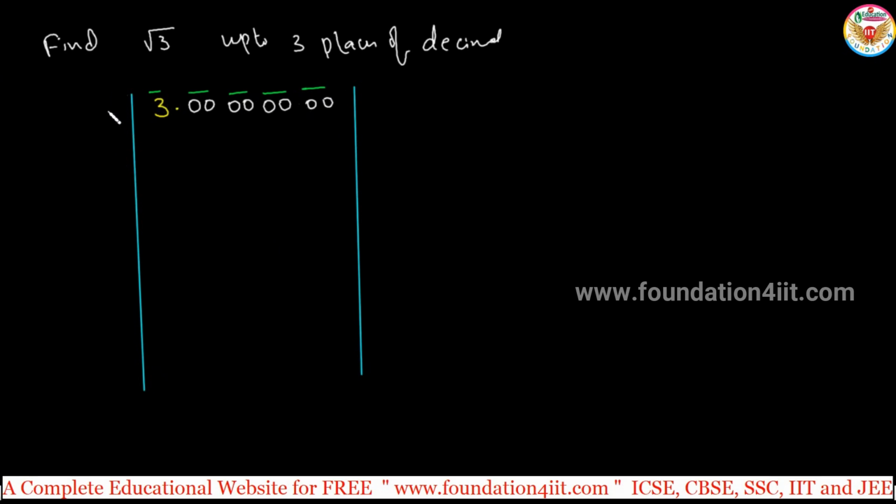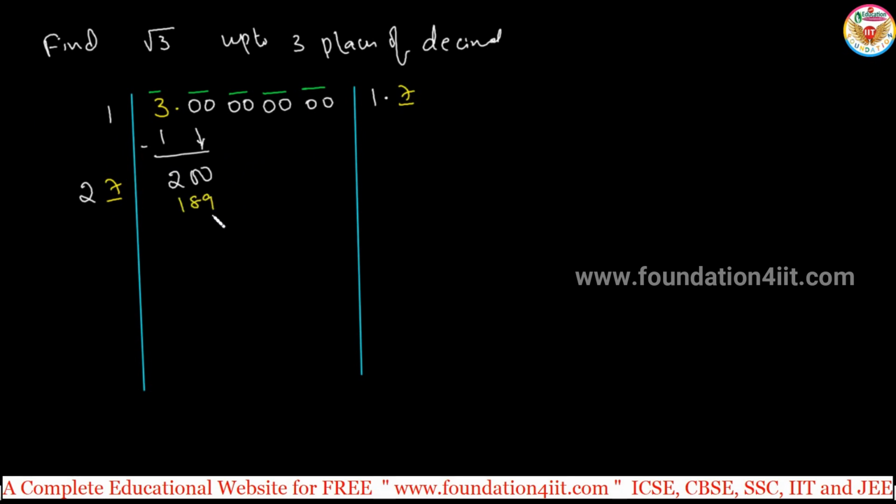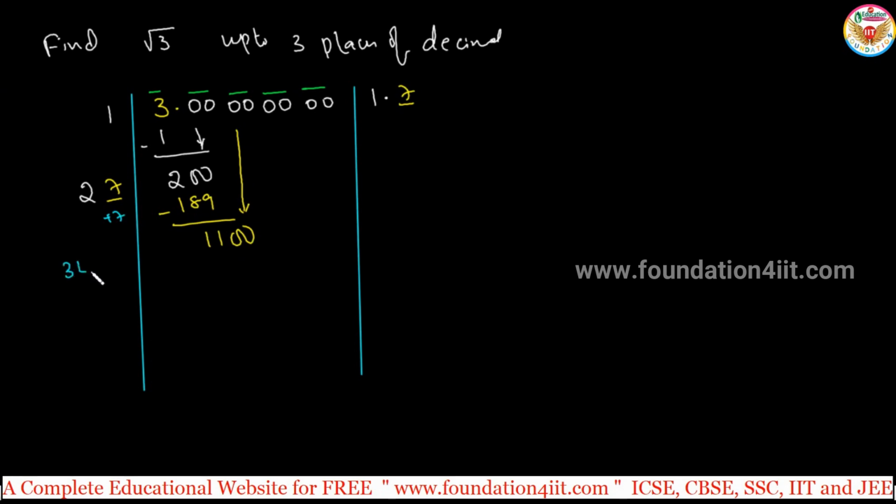3 is this, because 1, so 1, because 2 2s are 4, it is more than that. Subtract this, 2. Next set 2 zeros. So after the point I took the set down, so you must keep the point. 1 should be doubled, it is 2. Now remember these 2 places. 27 sevens, because 28 8s are more than this one. 27 sevens are 189. Subtract this, 11. Next set 2 zeros. 27 plus another 7, 34.